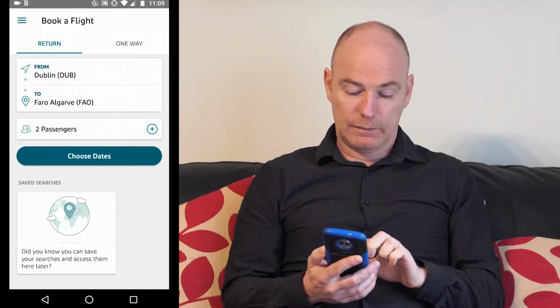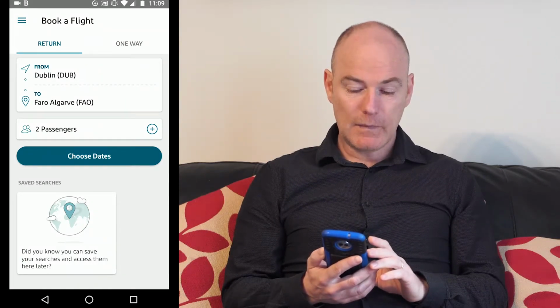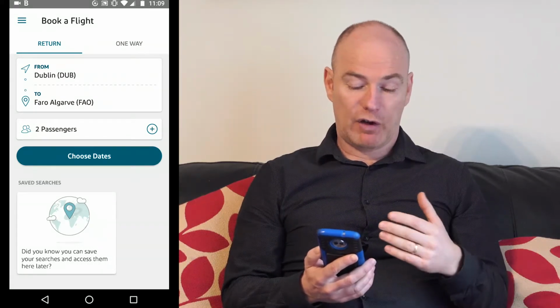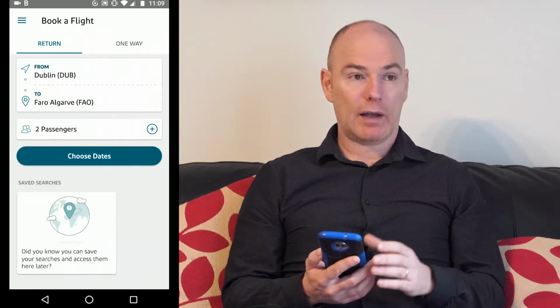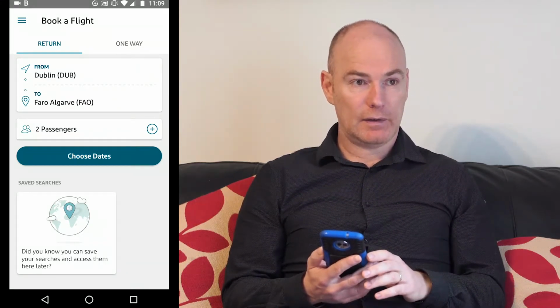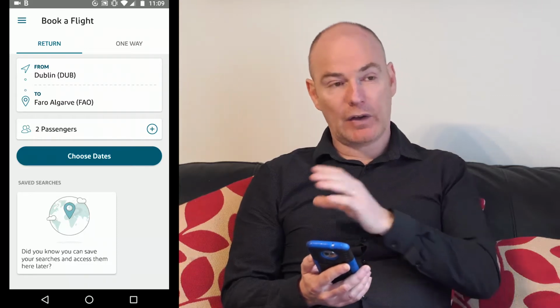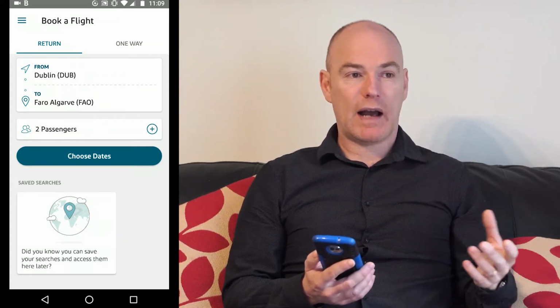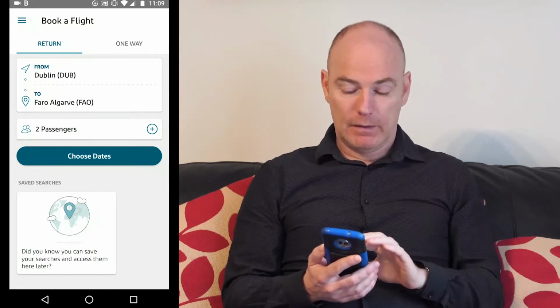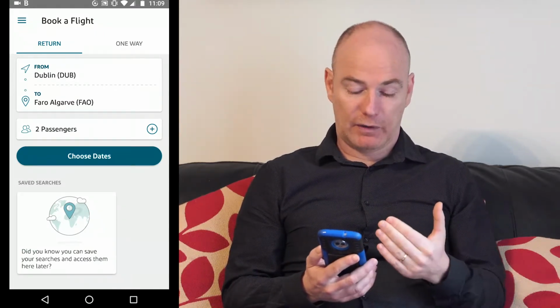As a comparison with Ryanair, this book a flight is quite similar. It was fairly stripped back in the Ryanair one as well, on the initial screen. I prefer the Aer Lingus because I can add on hotels and so on, and it's not all pushed on me, the advertisement, which is the nature of the business. So my next option there is